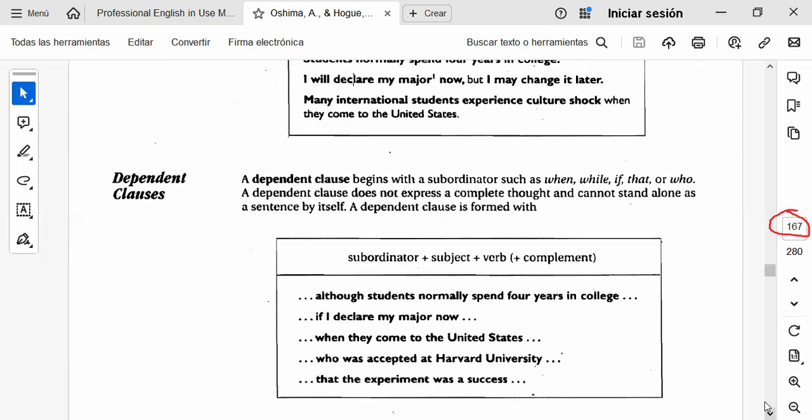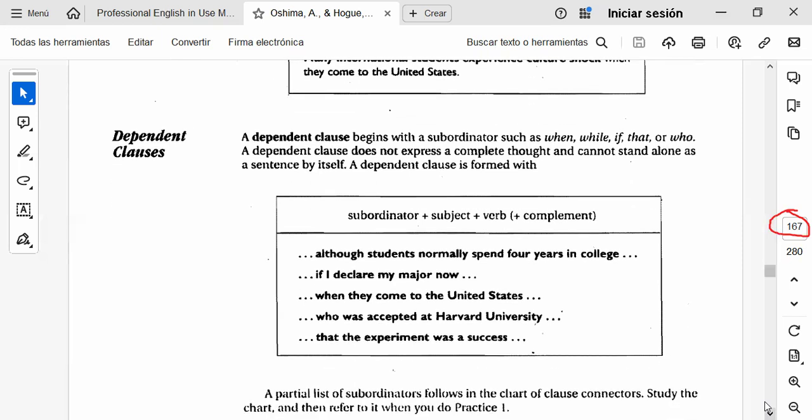Dependent clause. The dependent clause begins with a subordinator such as when, why, if, that, or who. A dependent clause doesn't express a complete thought. That's the idea. That's the main idea of this. The dependent clause doesn't express